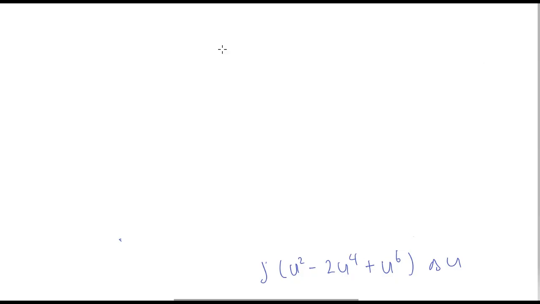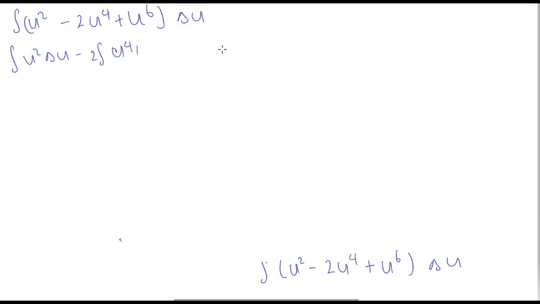Alright, so let's have this. So we have the integral of u squared minus 2u to the power of 4 plus u to the power of 6 du. So now we're going to be having the integral of u squared du minus the integral of, let's bring these two out because they're constant, u raised to the power 4 du plus the integral of u raised to the power 6 du. So this is going to be u raised to the power of 3, which is 2 plus